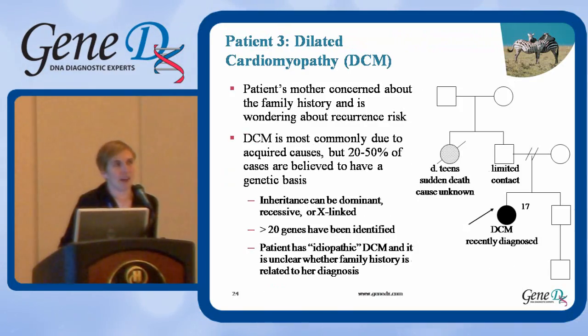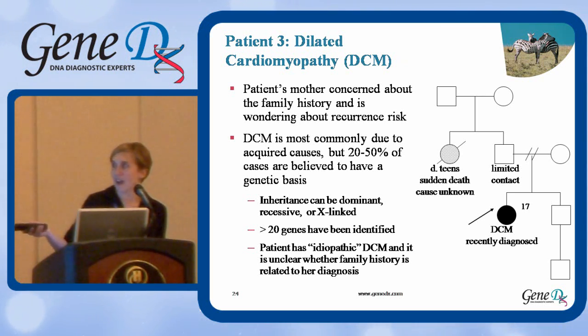So there are broad applications of this next generation sequencing technology. I think two of the patients on our clinic schedule can highlight the way that this can be utilized. So for the third patient of the day with dilated cardiomyopathy, you can see this is, I think, a pretty